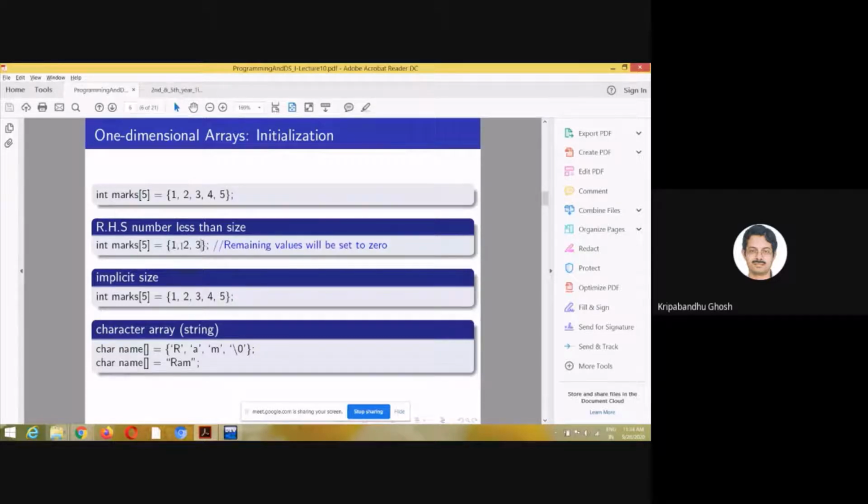So in this case, {1, 2, 3}, if you do this, then marks[0] will be 1, marks[1] will be 2, marks[2] will be 3, marks[3] will be 0, and marks[4] will be 0.